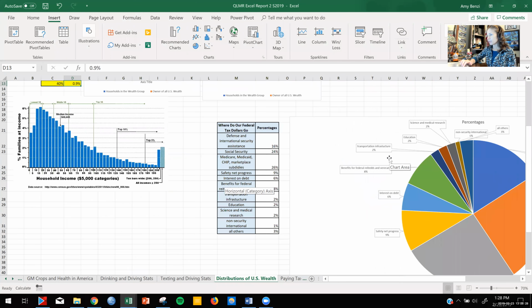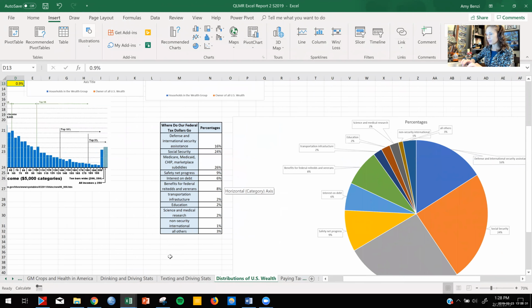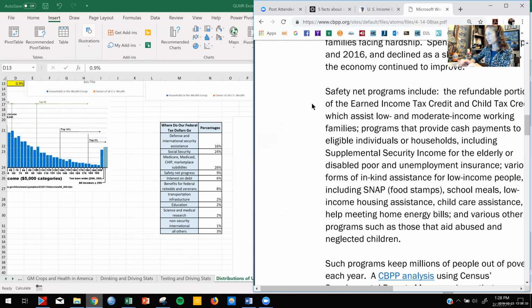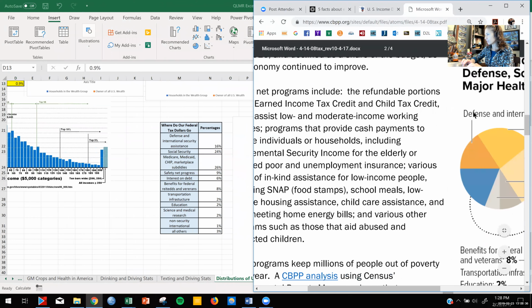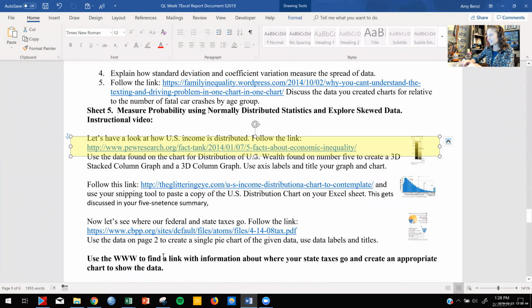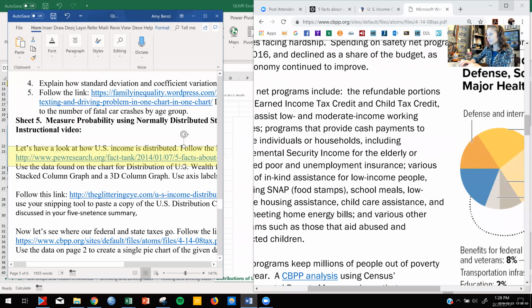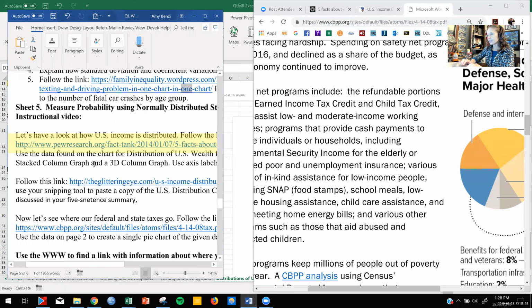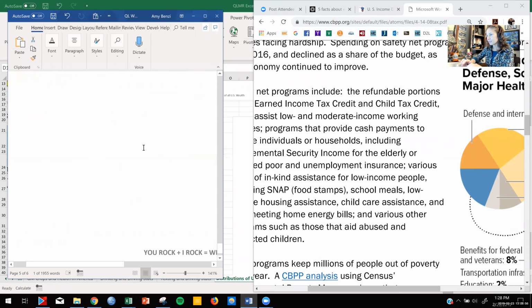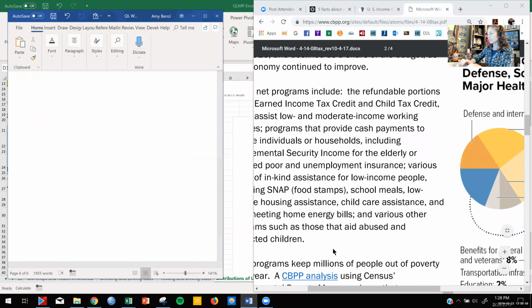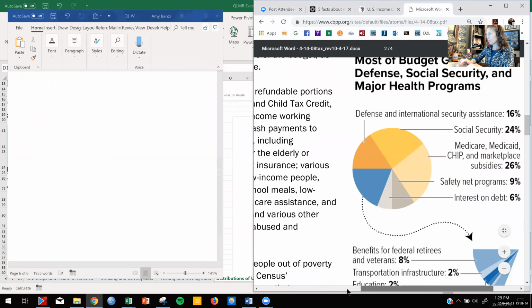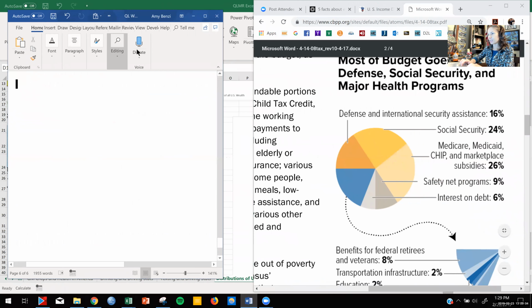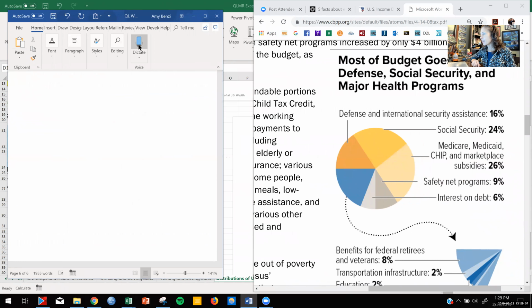So when you create your chart, I just typed all this in. I can't remember if I was able to cut and paste it from their graph. Was I? No, you can't cut and paste it. But you know what I do? I go to my Word document, and it's not cheating, it's using my resources. I go to my Word document, find a good blank space, and I use my microphone and make it write all the stuff for me, and then I copy and paste it. Watch this. Defense and international